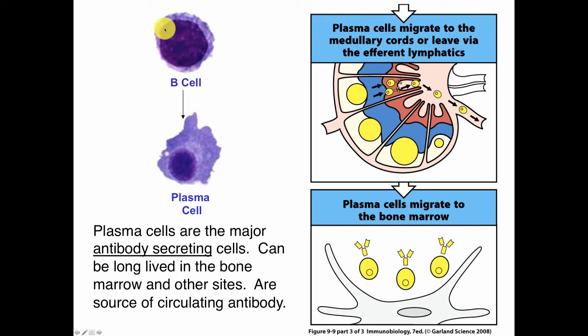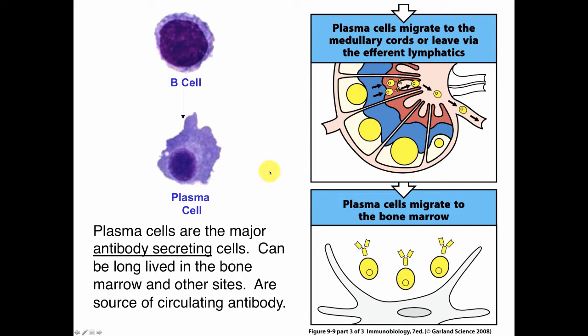And so this is just a picture showing you what plasma cells look like morphologically. So this would be a resting B cell that's mostly all nucleus with relatively little cytoplasm. And when the B cell differentiates into a plasma cell, it looks morphologically like this. The nucleus is condensed and usually is eccentrically placed. And one of the things you can see is that there's a lot of cytoplasm, and the area around the nucleus is a little bit clear. And what that represents is a very well-developed Golgi apparatus indicative of the function of these plasma cells, because what they're doing is producing lots and lots of protein, lots and lots of antibody molecules that are secreted out